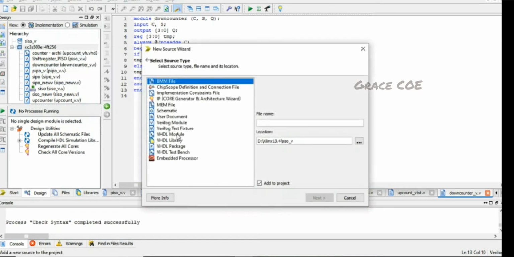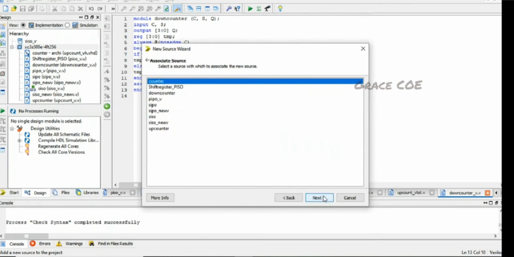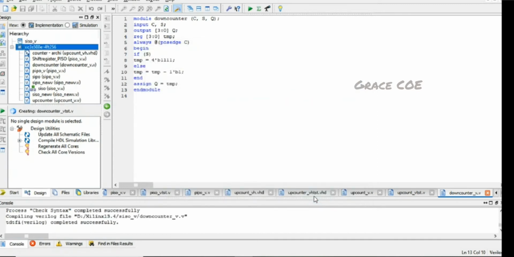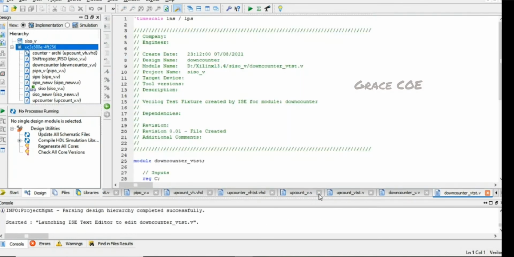Now we are creating the test bench. Go to Verilog test fixture. Click next. Here you'll select the counter, down counter. Click on finish. So the test bench is created.